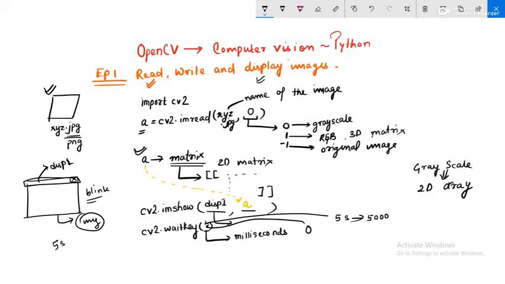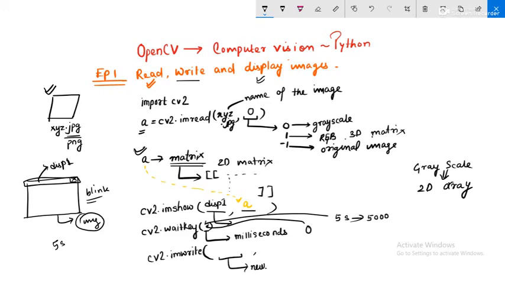So we are done with two parts. The only thing left is write. To write into an image, I just have to use cv2.imwrite. Then you pass the new name that you want to give to your image.